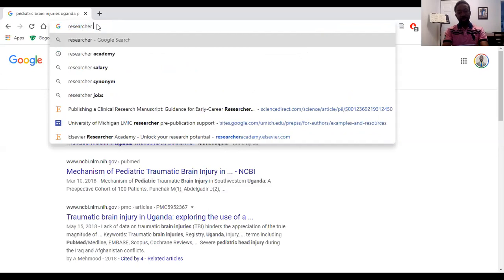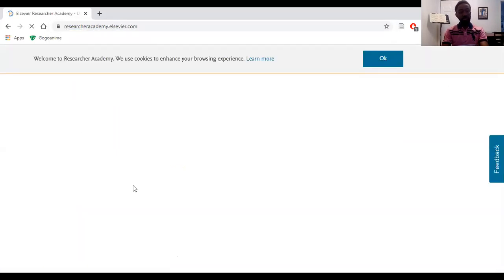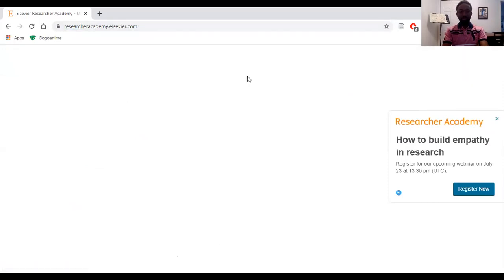That will be the Researcher Academy by Elsevier. So you have a list of courses that you can take for free. Feel free to check this out, Researcher Academy. Another resource is Autoaid.